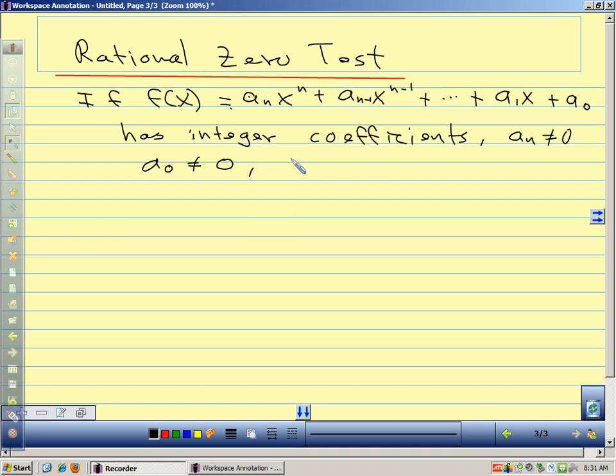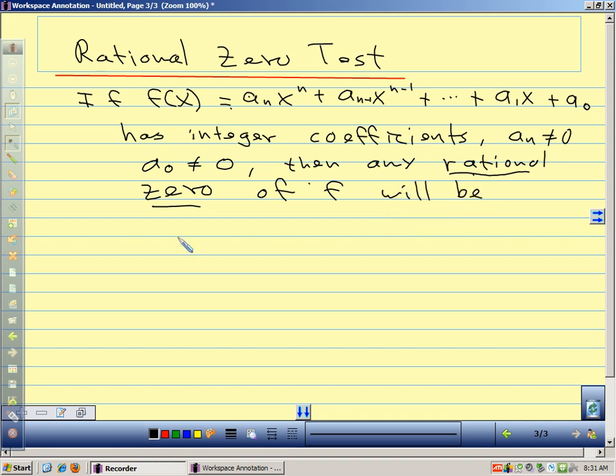Then any rational 0 of f, and this sounds more complicated than it really is, any rational 0 of f will be in the form